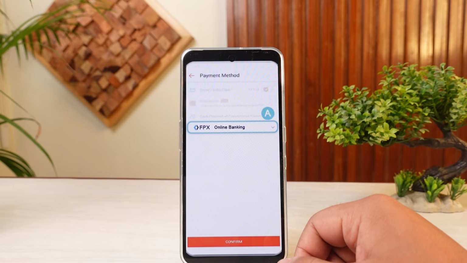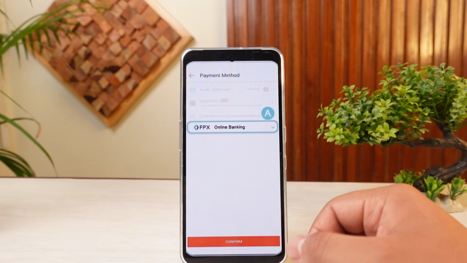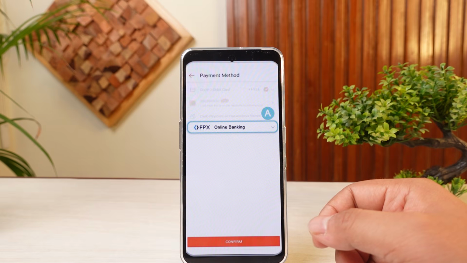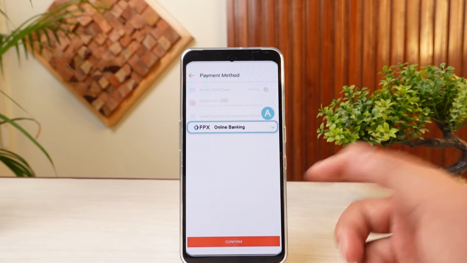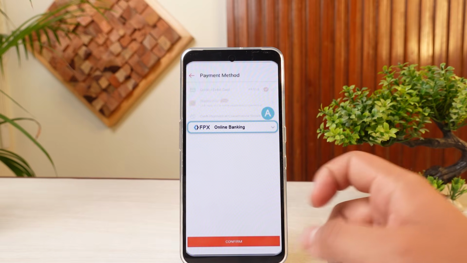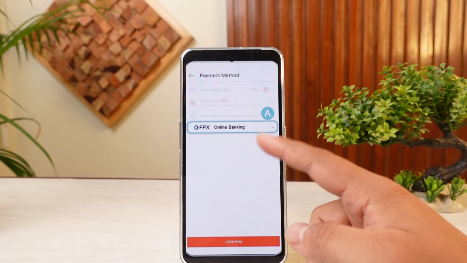In today's video, let me show you how to use FPX Malaysia step by step. Now, in order to use this payment method, you need to either do it through the bank application. So any bank applications within Malaysia would have the FPX online banking visible, such as CIMB or OCBC. So within the payment method, you simply need to head over to the online banking and you can use this